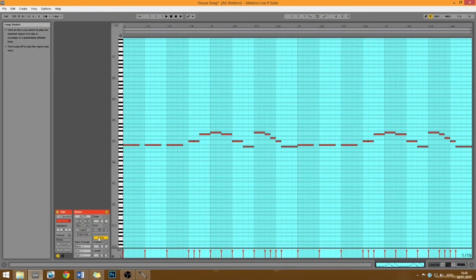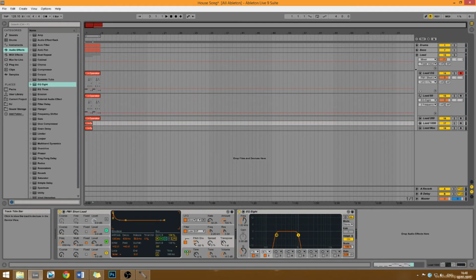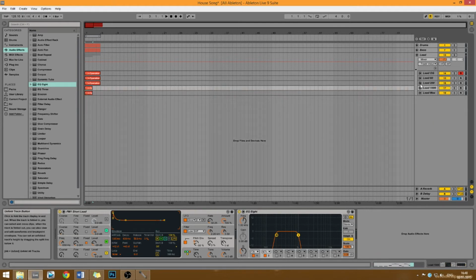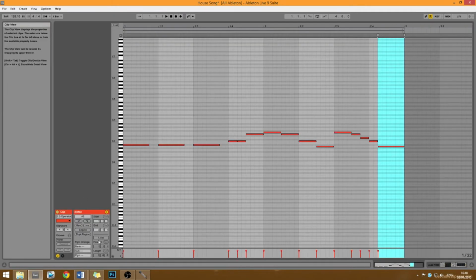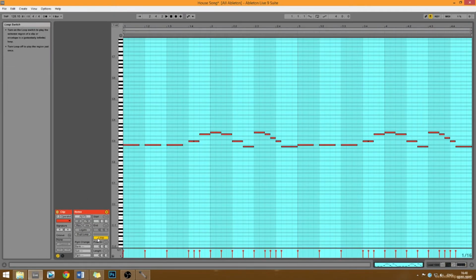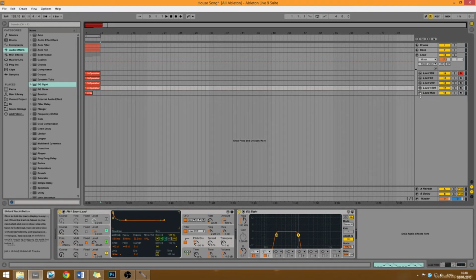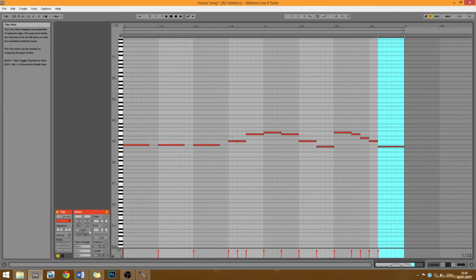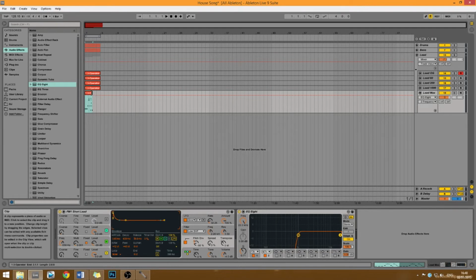Keep duplicating, always pressing Shift Tab, and make sure you turn off the loop once you've duplicated it. Go into this one, Shift Tab, loop, duplicate loop, press loop off. And now the last one, Shift Tab, loop, duplicate loop, turn loop off, and then there we have it. So now if we click play,